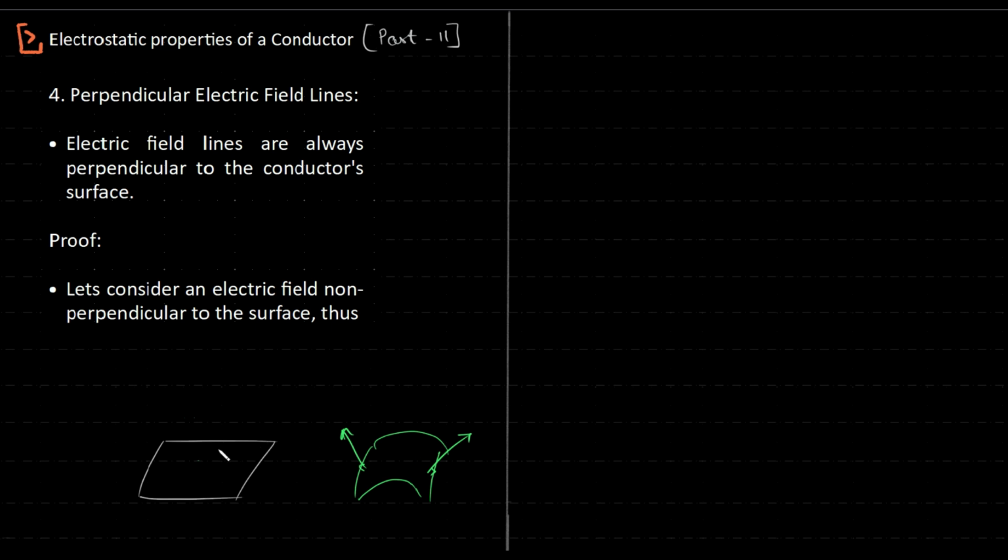What I'm trying to say here is, say we have a non-perpendicular electrical field line on an electrostatic conductor. Remember, this has to be electrostatic. So we can resolve this into parallel to the surface and perpendicular to the surface. We're going to start off with the fact that the electric field is always opposite to the rate of change of potential with respect to distance. So now, on resolving,